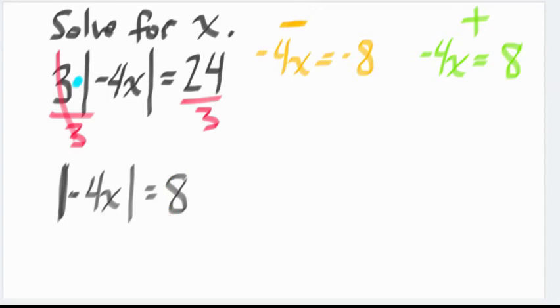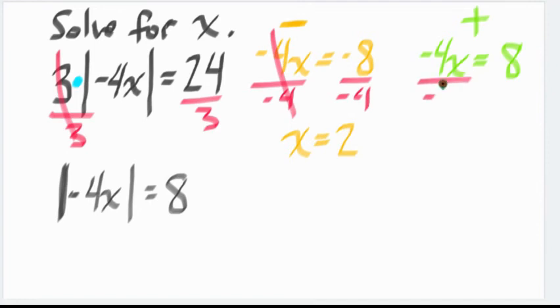And now in some instances, like in this case, actually it wouldn't make a difference. It would not make a difference. But you can't rely on that every time, but here, okay, I would divide by -4, right, because that means -4 times x. Those cancel, and -8 divided by -4 is +2. Do a similar thing on the other side, divide by -4, that cancels there, and x is equal to -2